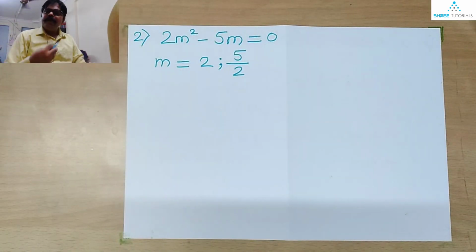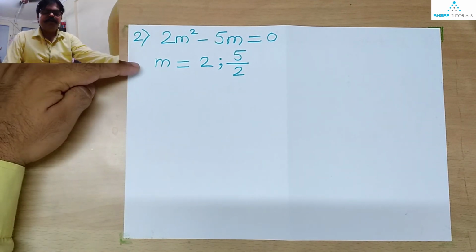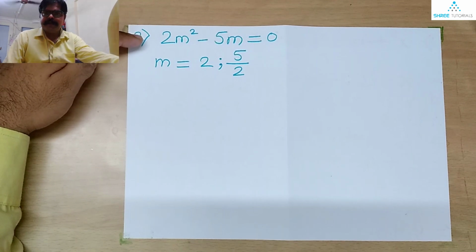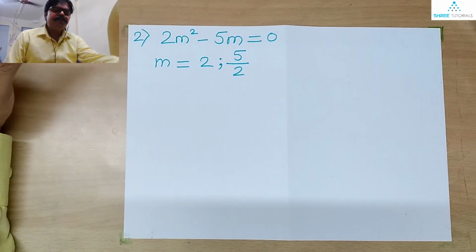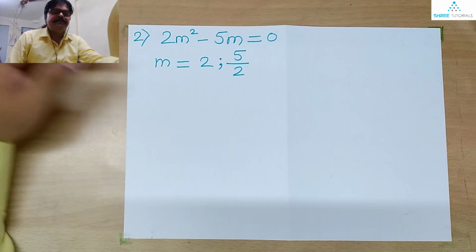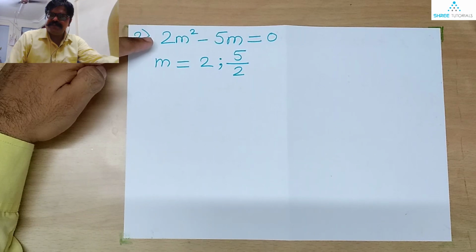Okay, so we are going to solve a problem. Now in this problem, again we are supposed to do the same job. That means we are supposed to check whether both of these values or either of them is a root of this quadratic equation or not. So just like our earlier example, here as well we are going to substitute one of these values in the left hand side of this equation.